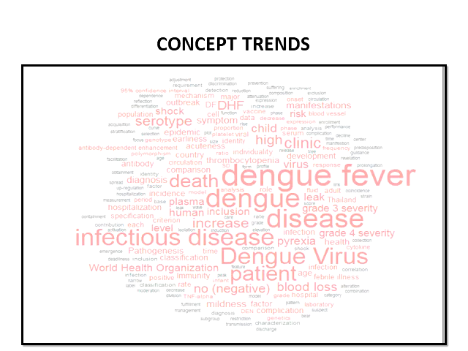After the category map, it is this concept trends that is very beautiful to help us identify where we are in our research. It can also help us identify where to focus our research. Look at the size of the terms here. Dengue fever has been used. Similar keywords have been picked up, like infectious disease, dengue virus, dengue patient, and so on.